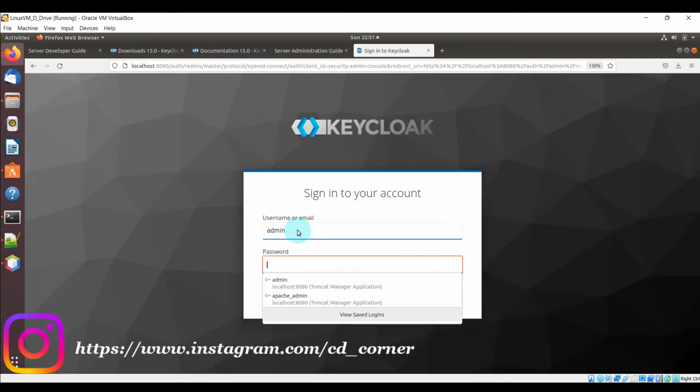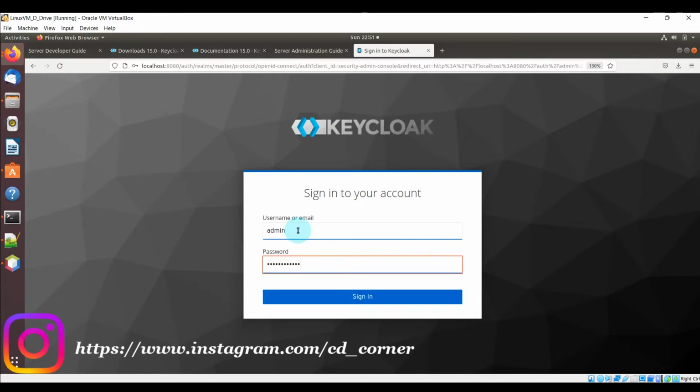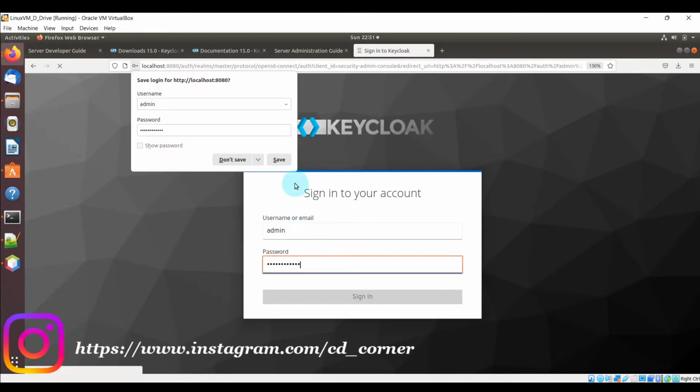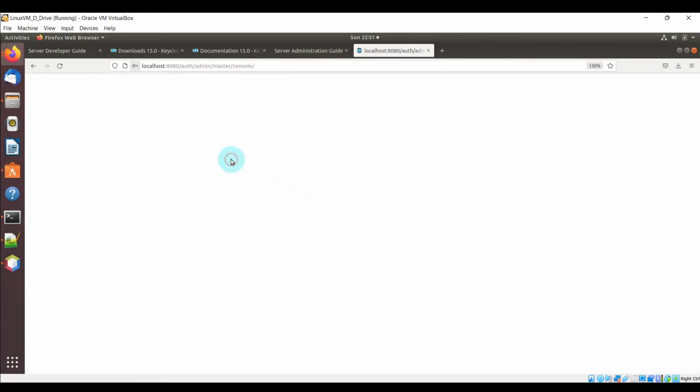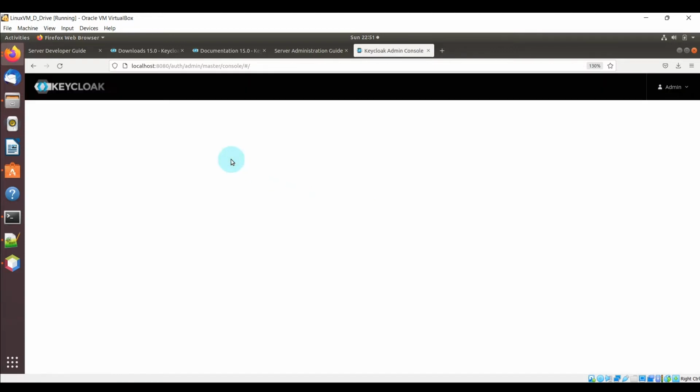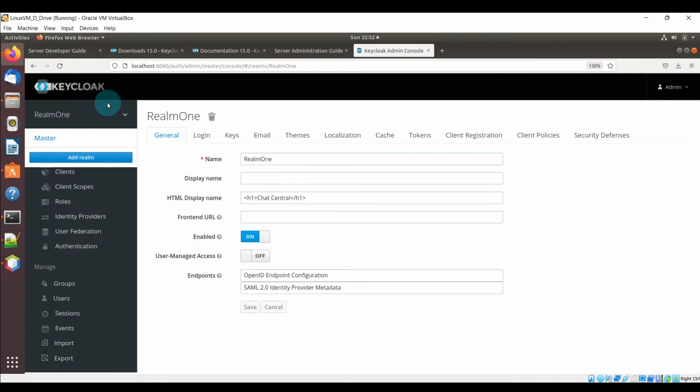and you'll see that I do have a realm created already, and this was basically the realm I've been using in my previous videos where I use Keycloak for my demonstrations. So let's just wait for this to load up. And you can see I do have, in addition to the master realm, the realm one, which